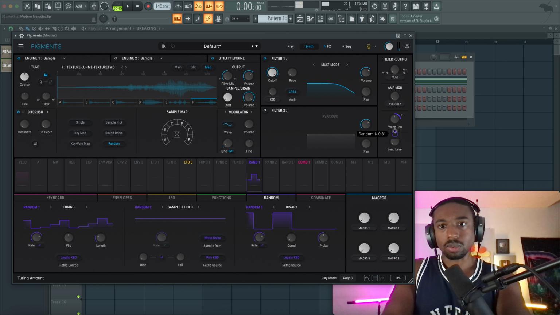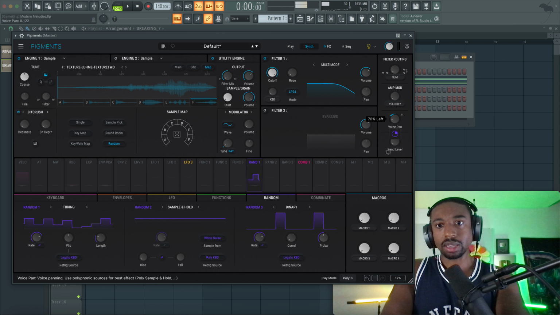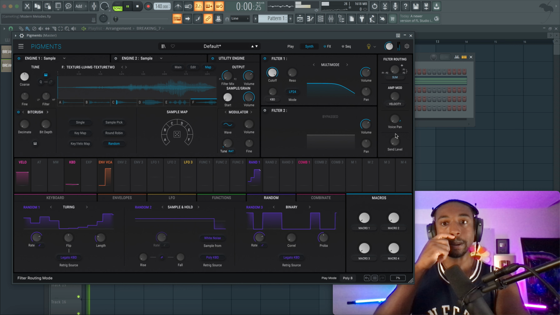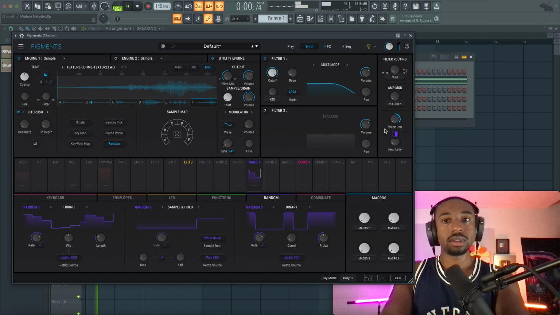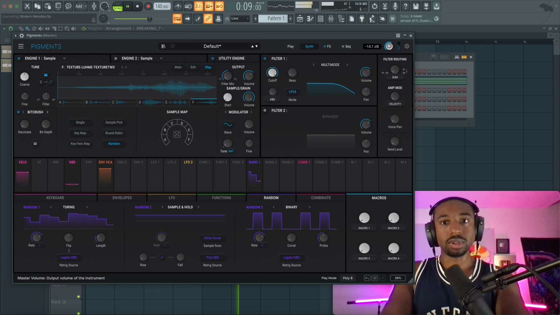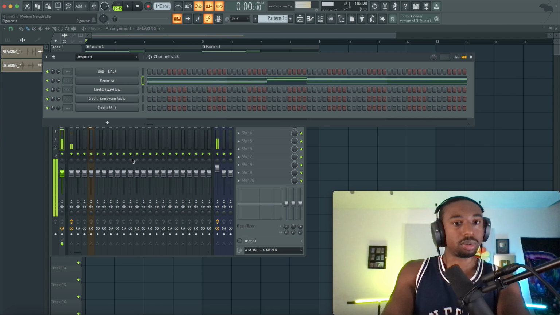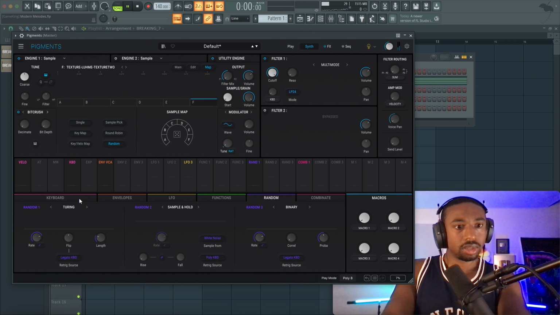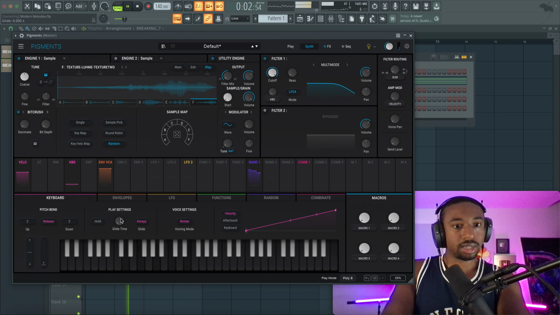So now I got to figure out the range. Let's turn this range up. Let's make it hard left and then make the range 100%. So now it's hard left and then can pan all the way to the right. So now we have a moving sound. Pretty unique. And let's take off portamento because it sounds kind of weird. So now I'm just fine tuning the sound.